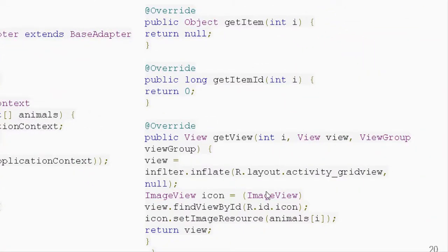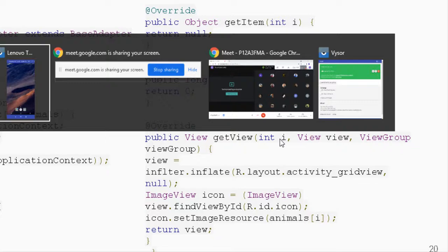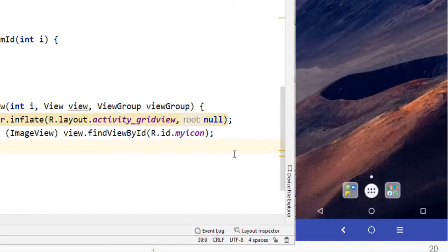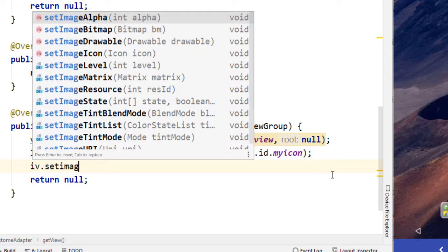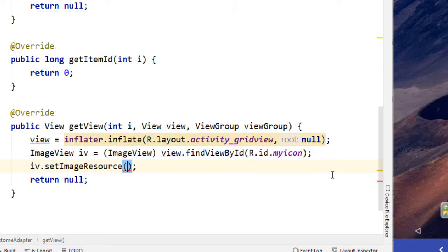Now please see here, अब मैं आइकॉन को, यानी कि ये जो नाम मैंने रखा है यहाँ पे, उस आइकॉन को दूसरे इमेजेस से सेट करवा रहा हूँ, पर लेकिन कहाँ से? हमारे एनिमल्स नाम के एरे से। लेकिन कौन सी इमेजेस को? तो आई नाम के एलिमेंट से। अब आई कौन है? तो यहाँ देखिए आई नाम का एलिमेंट आपको दिया गया है। So set image resources करने जा रहे हैं हम। तो IV dot, please see here, IV dot setImageResource. ये इमेज रिसोर्सेज, लेकिन कहाँ से?